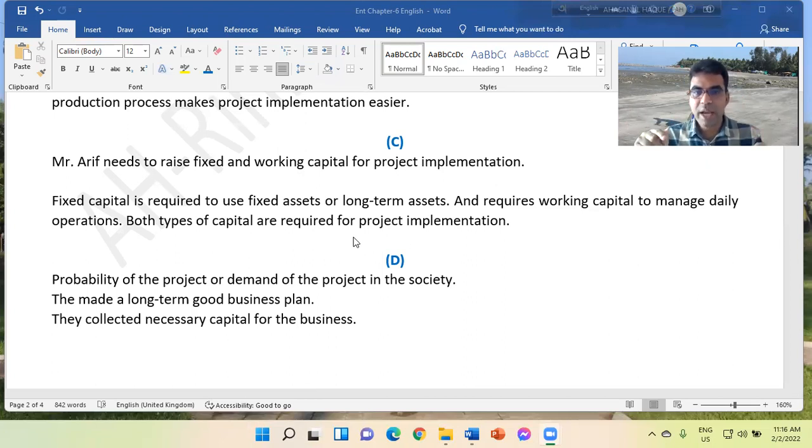For that they have selected this project, and after that what did they do? They made a long-term good business plan. একটা ভালো ব্যবসায়িক পরিকল্পনা, দীর্ঘমেয়াদী পরিকল্পনা তৈরি করেছে। এই পরিকল্পনার মধ্যে কি কি রয়েছে? They thought that how much money will be needed to establish these types of project. They calculated this and they saw that this total amount, they did not have sufficient money of their own. For that they selected some sources where they can collect the necessary capital, মানে ওই জায়গা থেকে অর্থ সংগ্রহ করতে